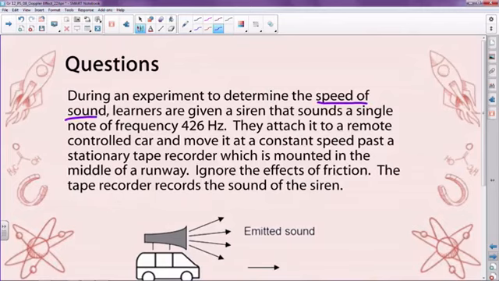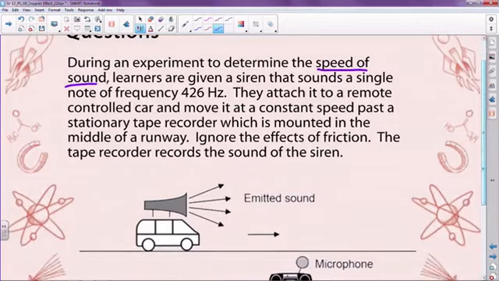Learners are given a siren that sounds a single note of frequency 426 hertz. If you are a musician of any kind, you might be able to tell me what note that is. I don't know. But I have to be honest, this would be the sort of experiment that would drive me mad. But anyway, the point is that my source is emitting a frequency of 426 hertz. They attach it to a remote-controlled car, move it at a constant speed past a stationary tape